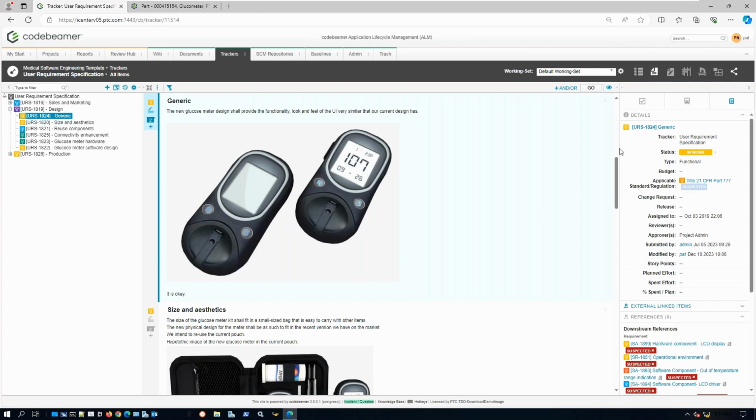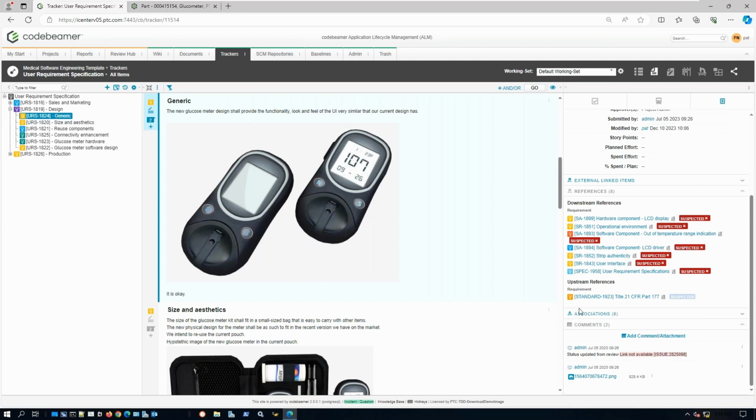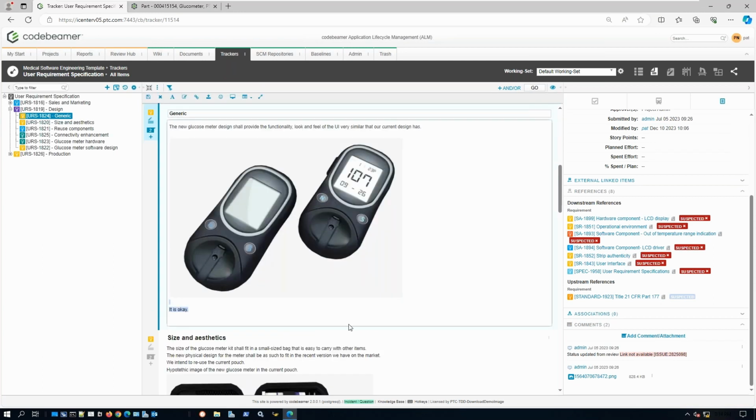Once again, we have the ability to view that information as a whole, both using text and rich text fields. We can also look at those applicable standards, okay, that have been associated to each requirement, giving us that full traceability. Okay. Down here, we also see the extended downstream and upstream references. So users have the ability to quickly and easily edit each item